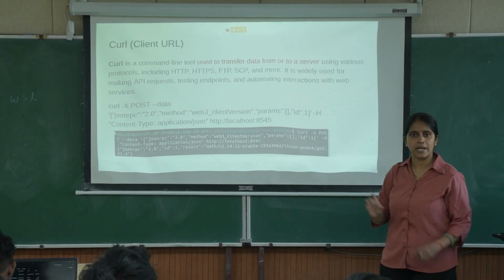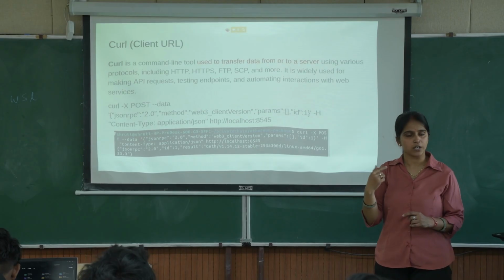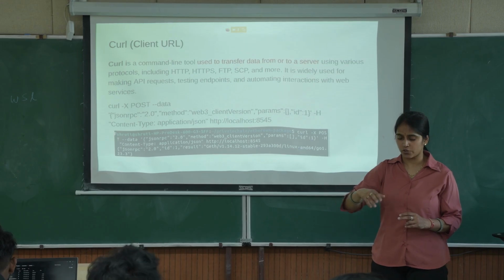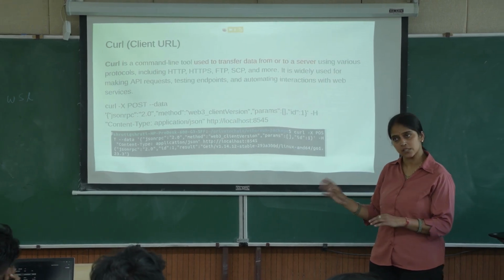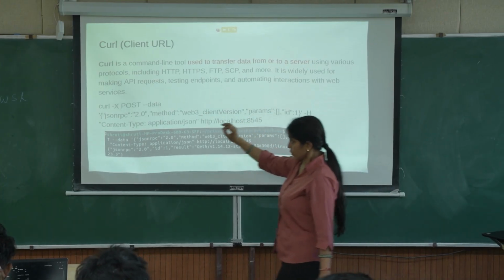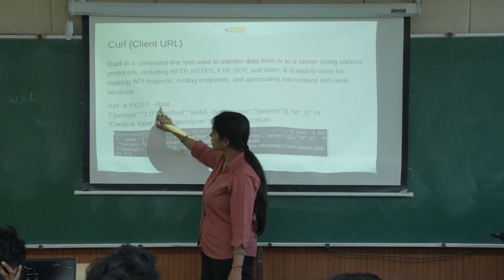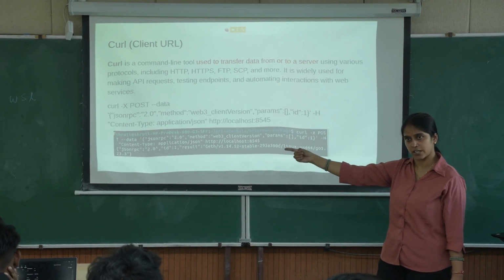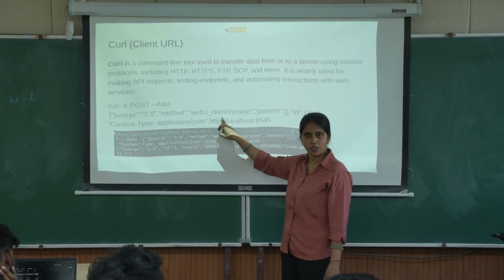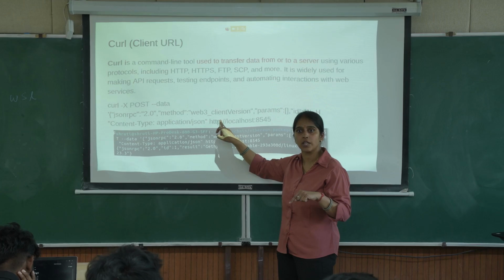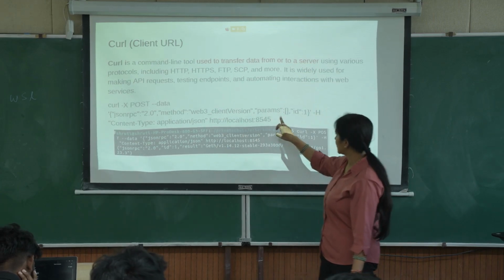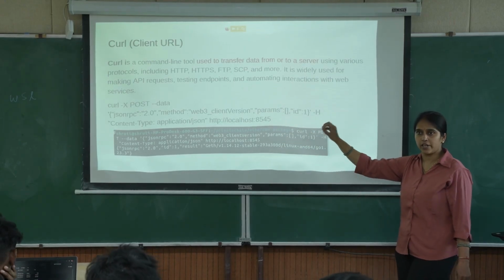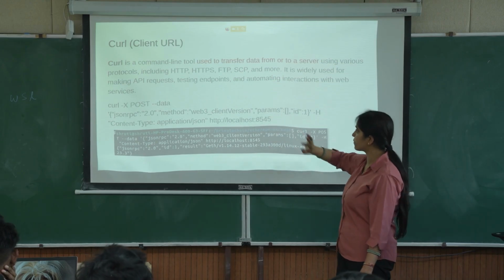And it is used for making API requests. We are requesting: tell us whether it is running or not, on which server or on which client it is running. So all these things now we need. Curl tells us about the data. It is the JSON RPC server we are requesting. Next is the client version, because we are working on the consensus client. These are the parameters. If you want to provide some parameter, like web3, eth, whatever information you need, here you can provide the parameter.